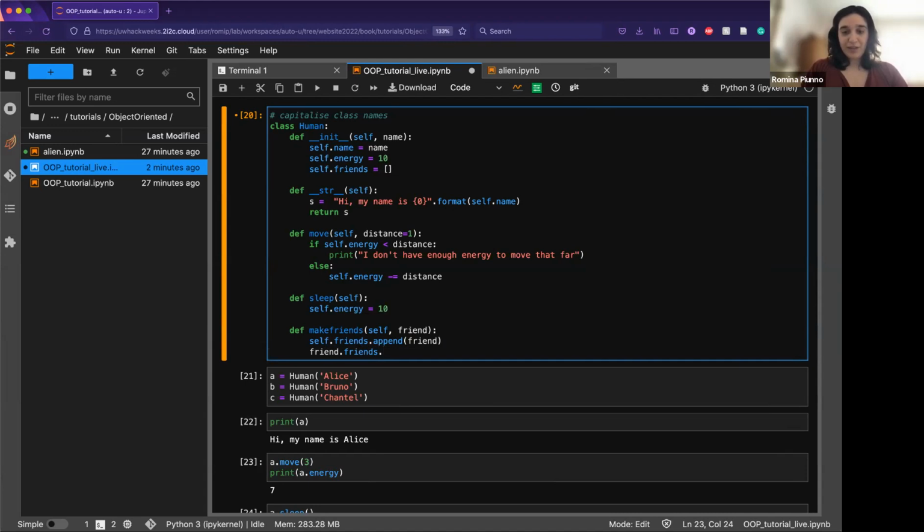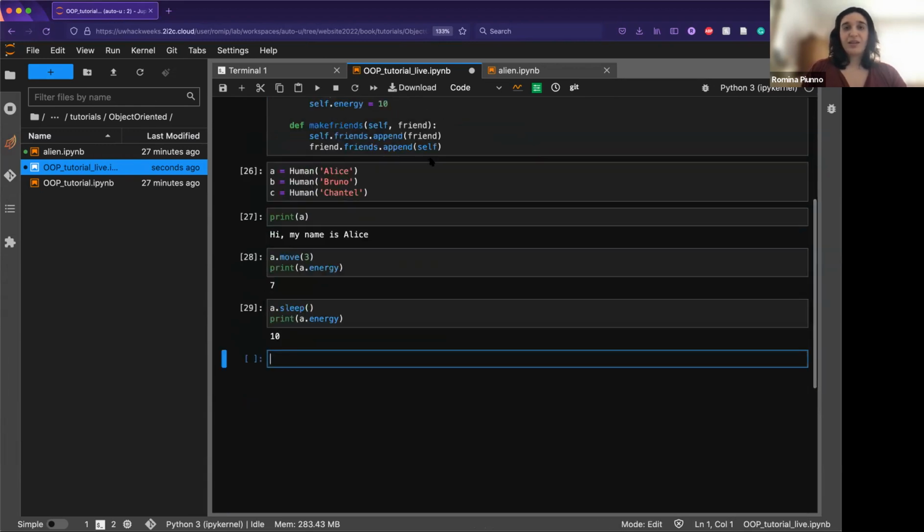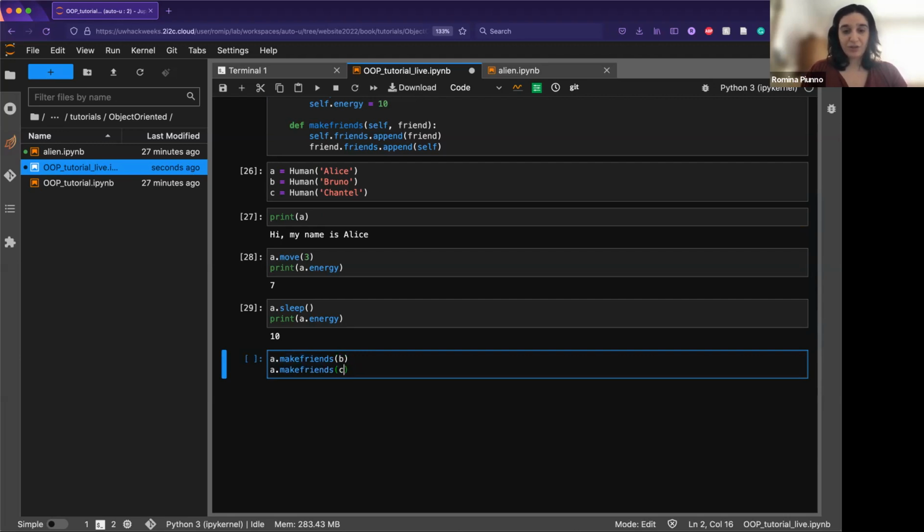We're going to populate their friend list with myself. So now I can do that. And likewise, I can say A dot make friends with B. So Alice is going to make friends with Chantel. And so then what I can do is for i in A dot friends,